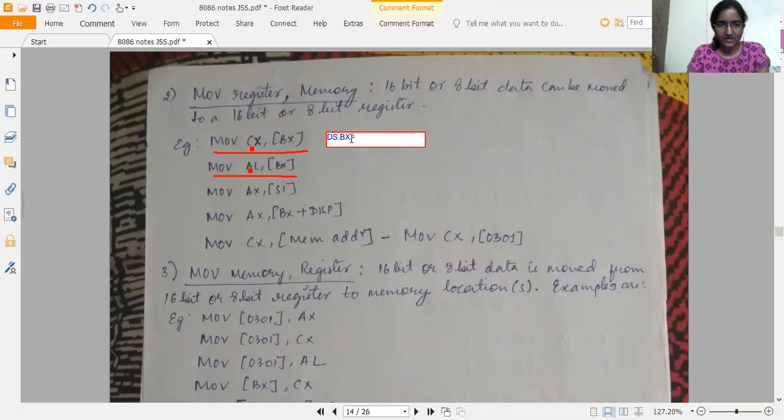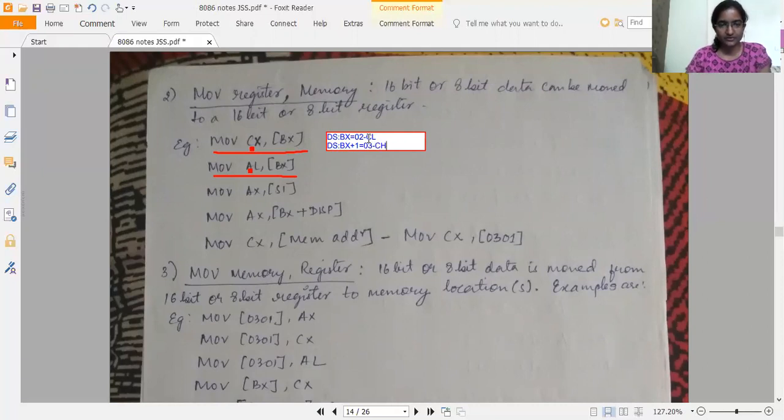Suppose the data is 02. This will be moved into CL. Then DS:BX+1, suppose it is some other data, 03, will be moved to CH.